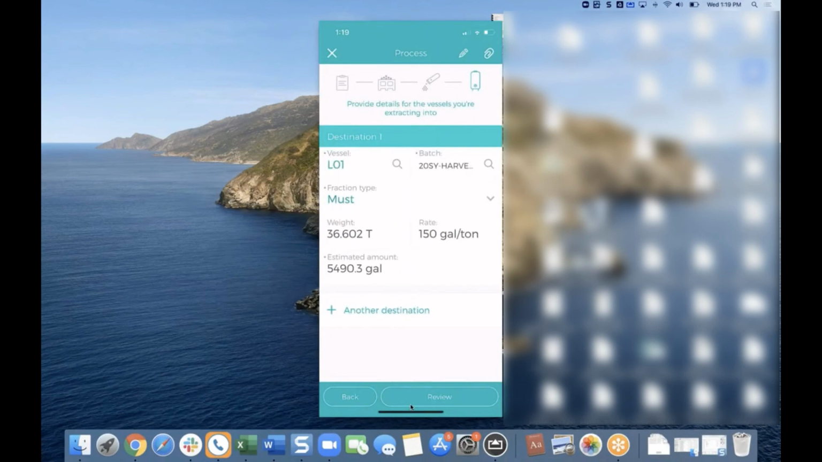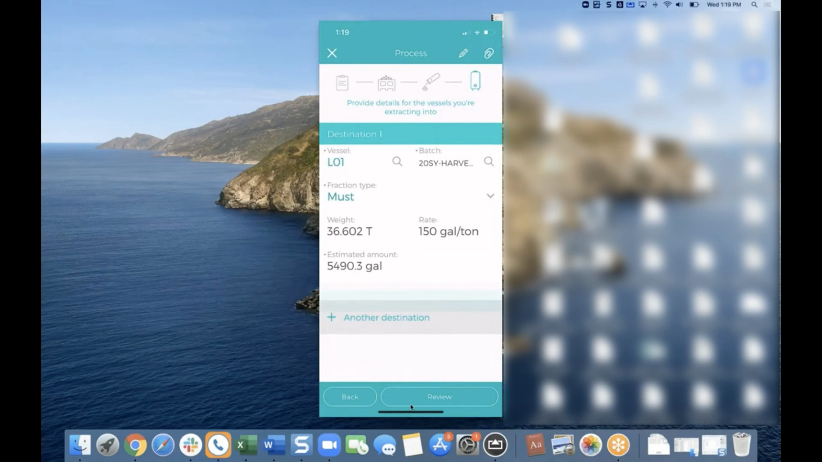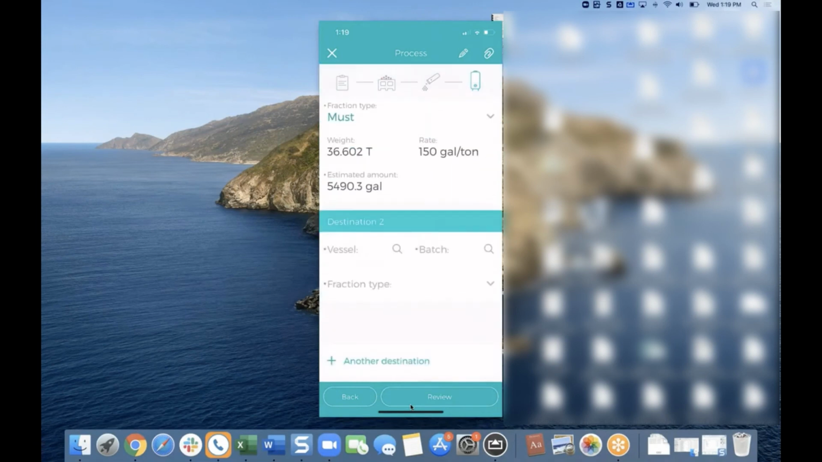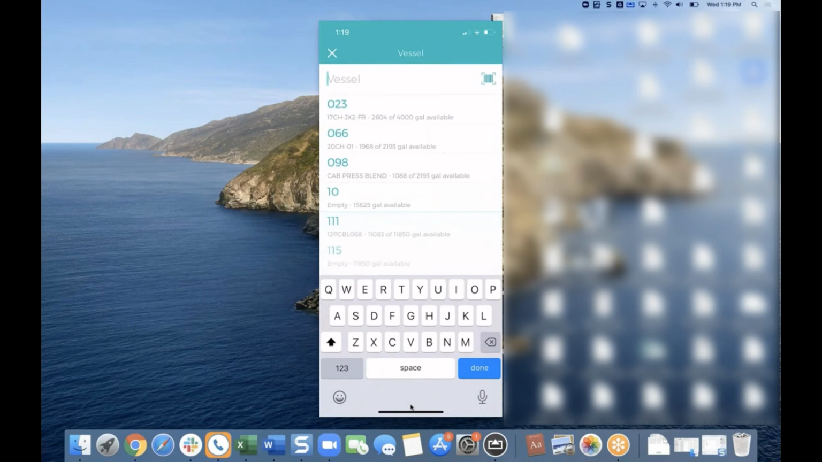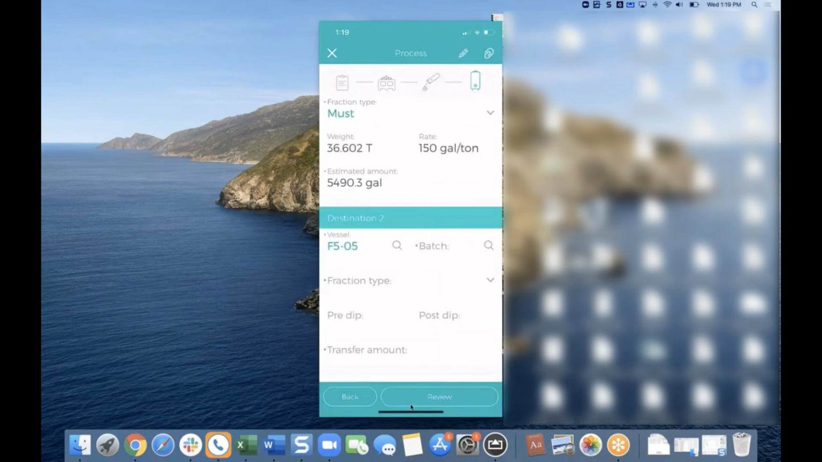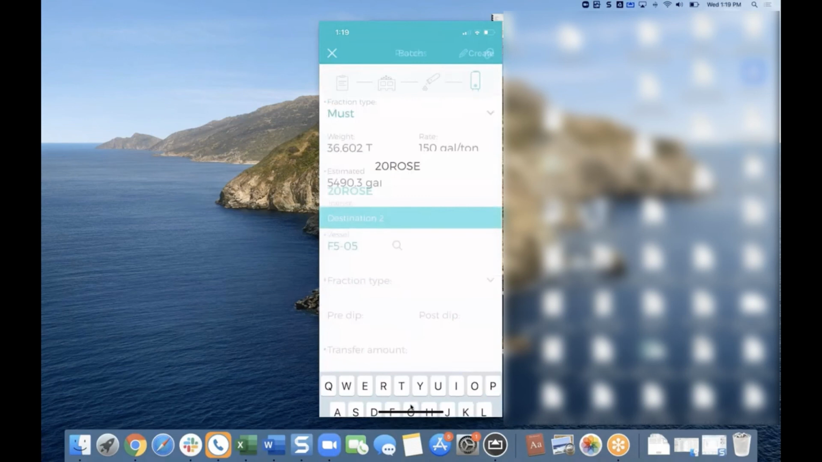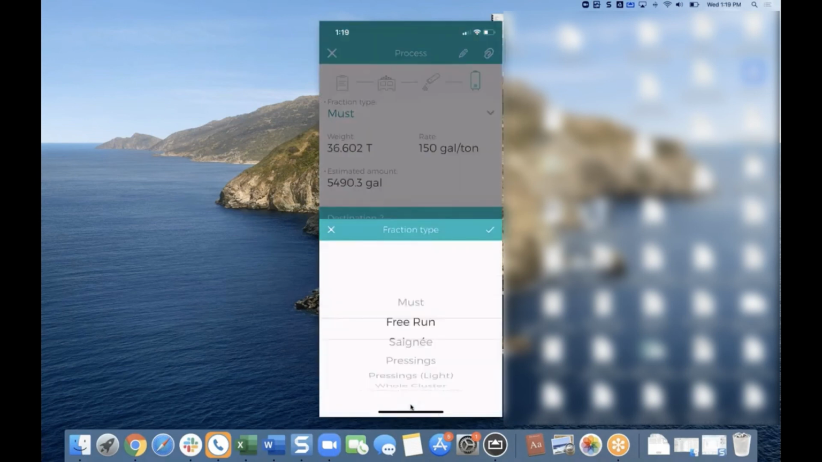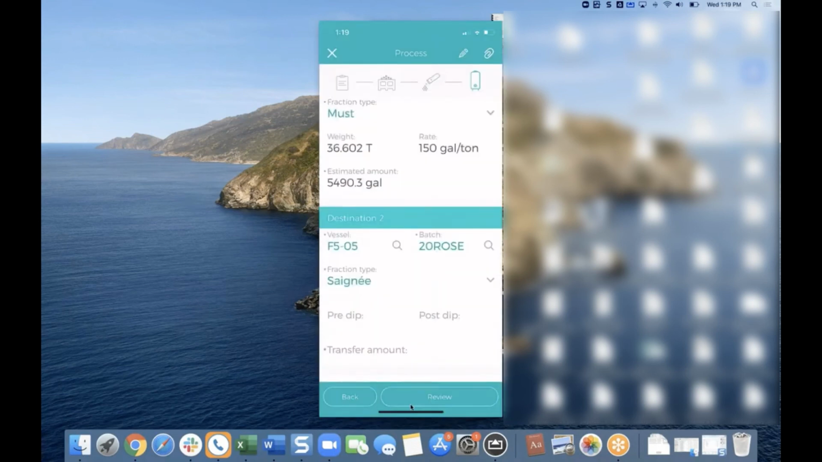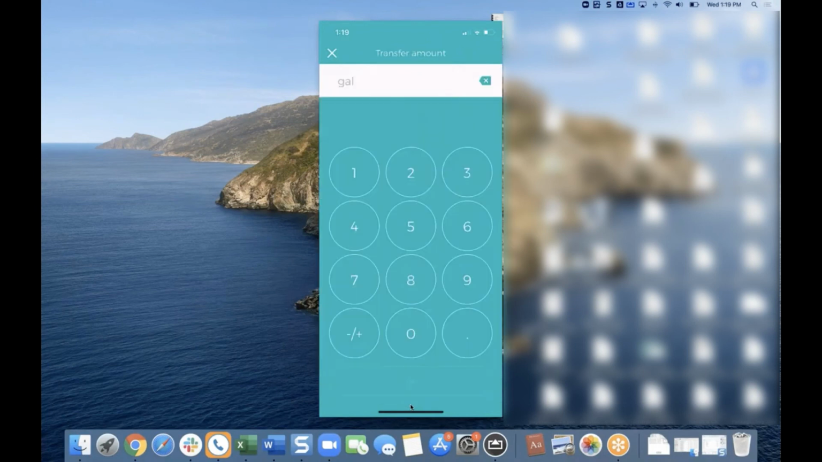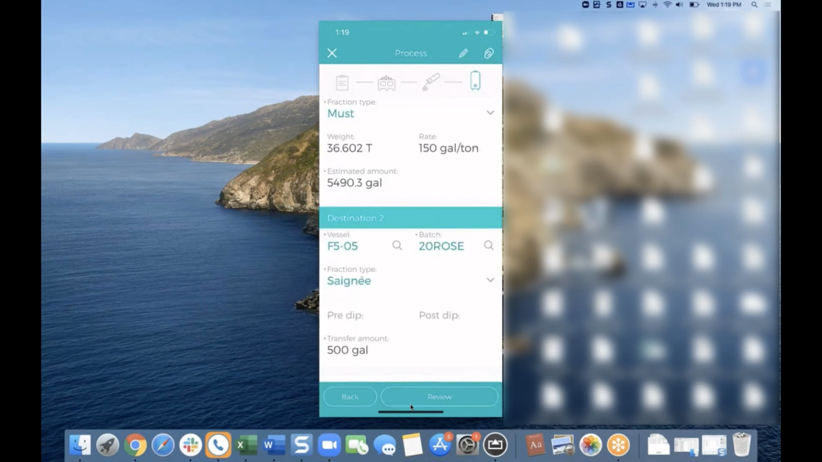And then you can add another location. So I can do a smaller tank here. And this is going to be my 20 rosé. My fraction type is going to be Saignée. And we got 500 gallons from the Saignée. So you could go into multiple must tanks, or here's an example of must in one tank, Saignée going